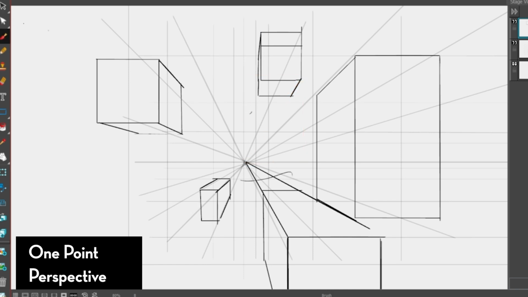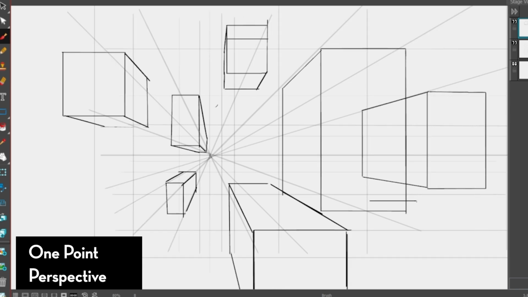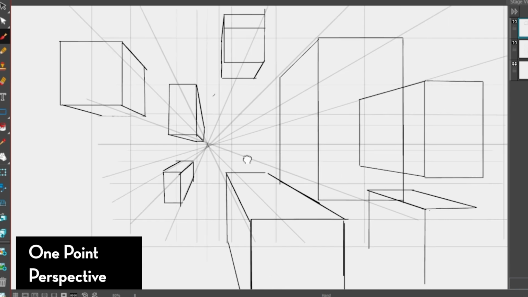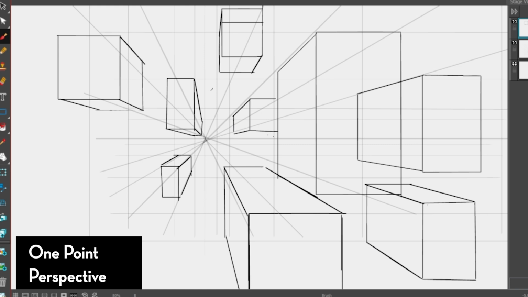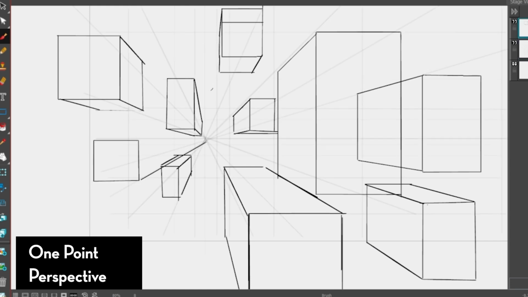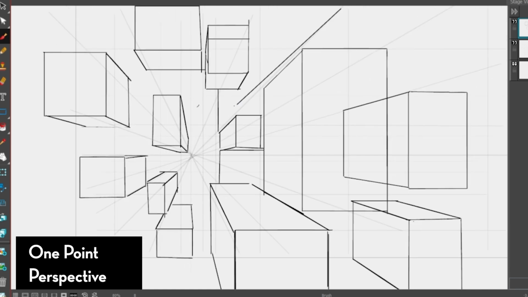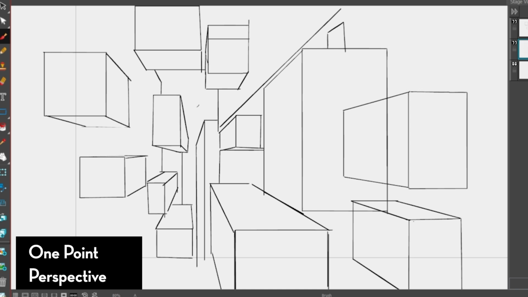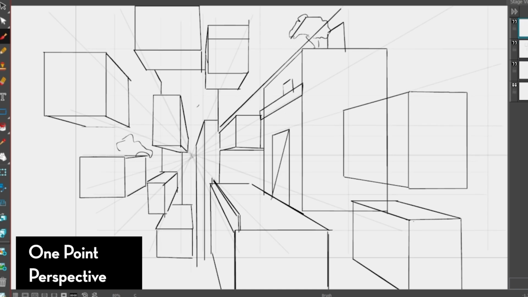I'm just going to draw them in different sizes and varying depths. Some are far away and some are very close to the camera. Some boxes are above the horizon line and some below, which makes some boxes feel like we're looking underneath them and some like we're looking over them. As you can see, the walls align towards the vanishing point. Anything else falls to horizontal lines. The vertical lines serve as height. So I really recommend you just practice with the 1-point perspective until it becomes natural or familiar. And look, the 1-point perspective is a type of perspective that I like to use a lot.